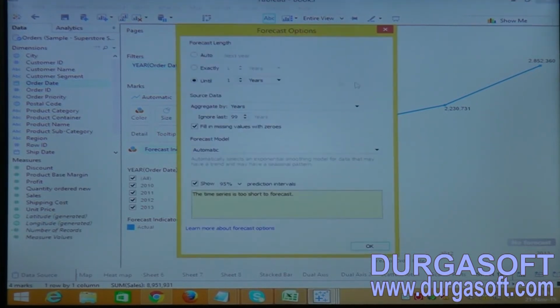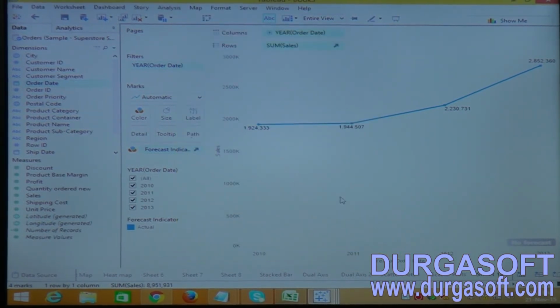So for forecast options, if you want to give 10 years, click on exactly 10 years. One second.